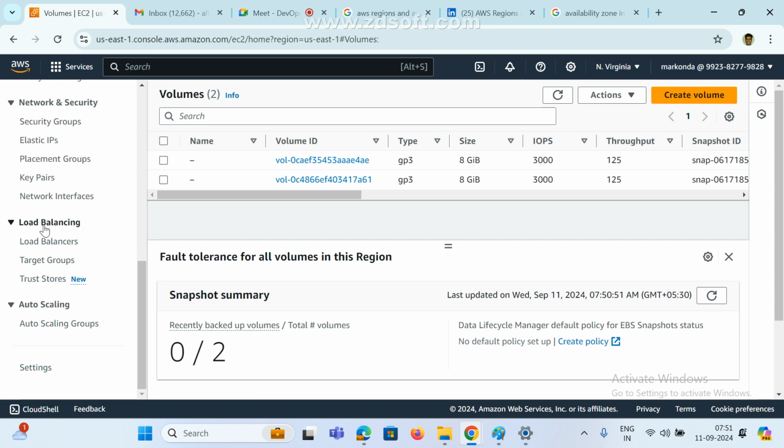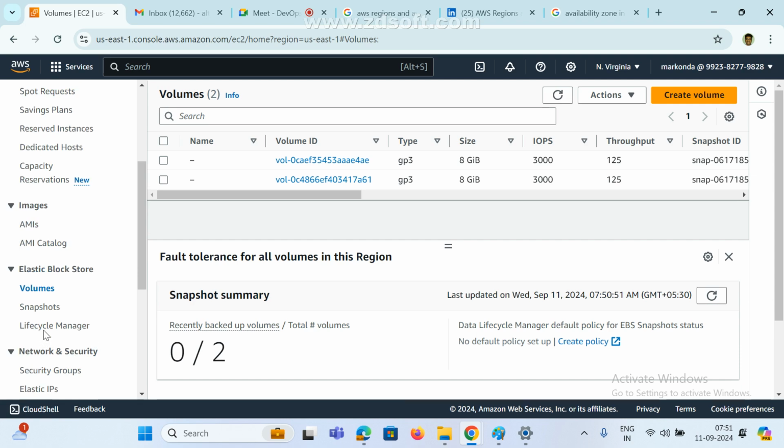These are very, very important: load balancing and auto scaling. 100% they ask these two questions. What is load balancing, what is auto scaling, why you go for load balancing, how to configure load balancing, what are the types of load balancer. There are many questions involved here, and I will explain later. While discussing load balancing, we can see all these things, and what auto scaling is and how it works. Most interviews ask about auto scaling and load balancer.